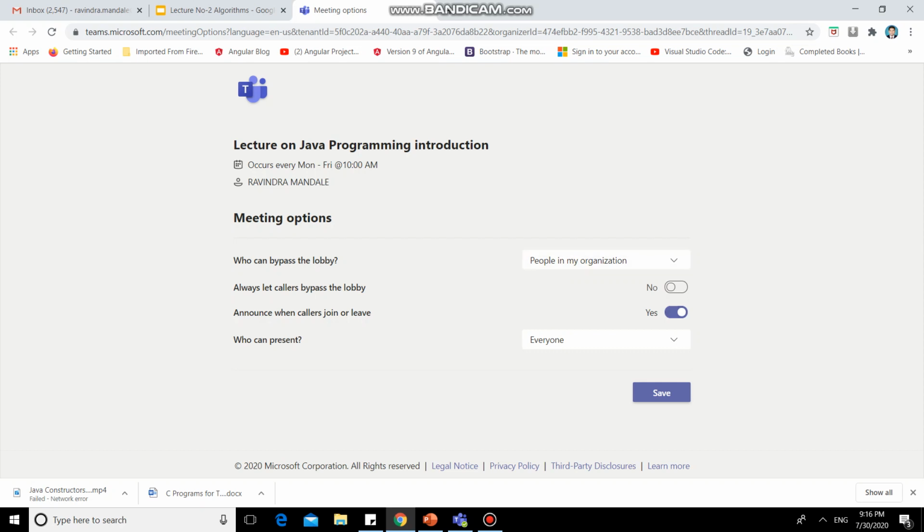Suppose you want a notification whenever an attendee joins or leaves your lecture, then at that time a notification will pop up. And this is a very important option: who can present, who will be the presenter. As you are scheduling the lecture, you are the only presenter, and suppose you are scheduling on behalf of someone, then that someone should be the presenter.